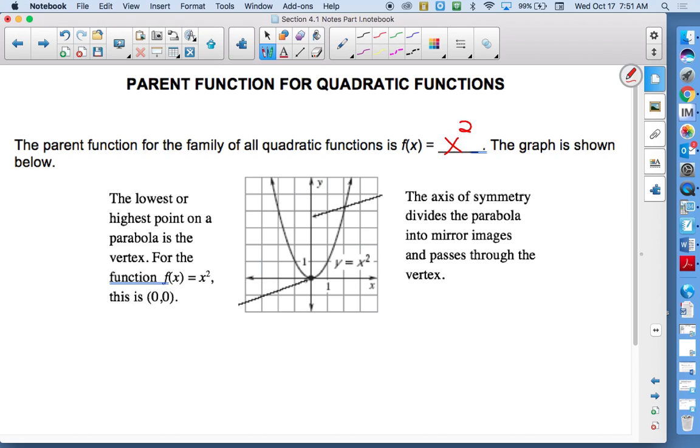So we have this graph. It says the lowest or highest point of the parabola is the vertex. For this point, it's right here at (0, 0), centered at the origin. The axis of symmetry divides the parabola in half, into mirror images, and also passes through the vertex, which we just talked about as well. And that's that line that cuts the parabola in half. So we'll graph it as a dashed line. So that line, on the left you have half, on the right you have half. You should be able to fold a piece of paper. If I had it on a piece of paper, the left and the right should connect. So if you look underneath,